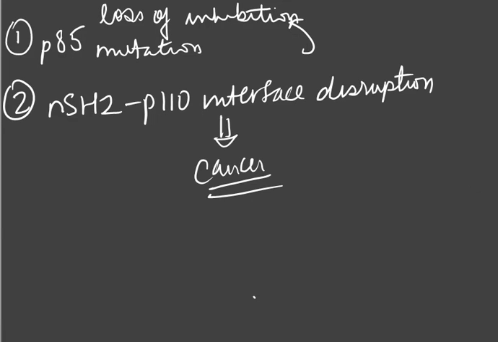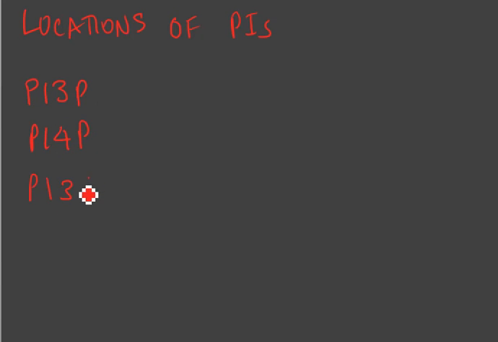Now we'll talk about some locations of phosphoinositides. Some important ones, locations of phosphoinositides. And I have such a funny way of remembering this. Well, I just write all these in sequence. So first you have PI3P, then you have PI4P, then you have PI3,4P2, and then you have